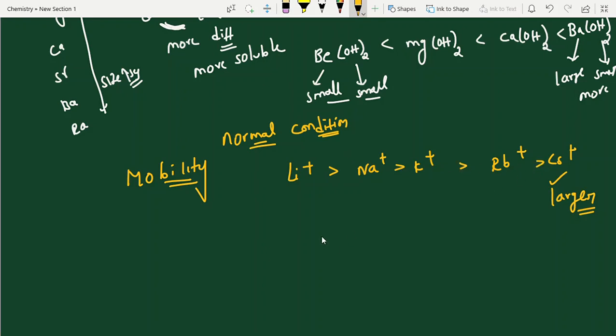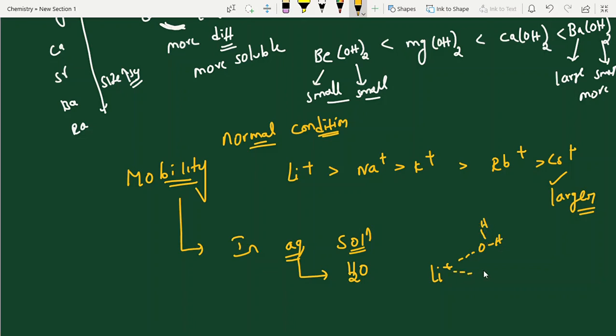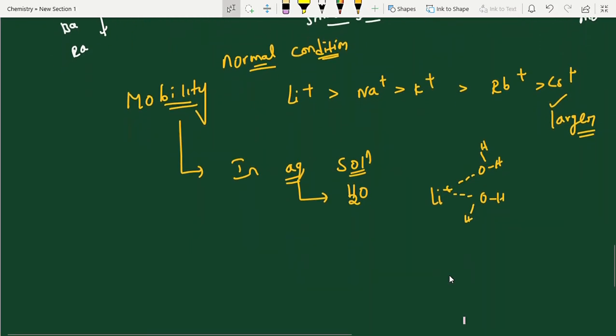Now the same mobility I am observing in aqueous condition, aqueous solution. Aqueous is nothing but water. If you put it in water, then what happened? What is this, students? Lattice energy. Lattice energy develops. To understand easily, I can explain. Generally, a thin person or a fat person, who will go faster? Generally the thin person, right? So here, in normal condition, mobility: thin person means small size. The small size guy will go fast. Mobility is nothing but movement, no?